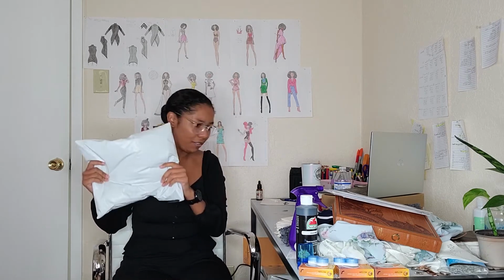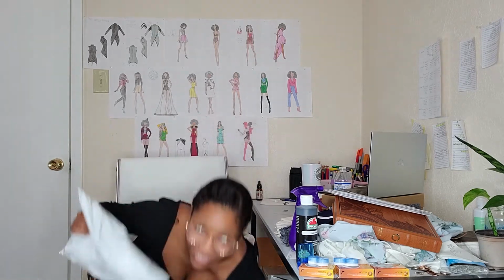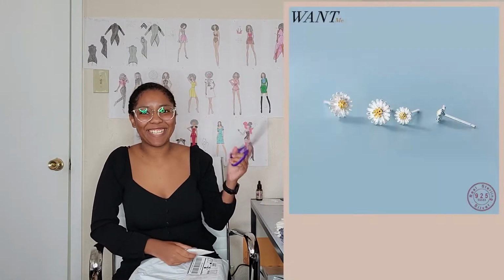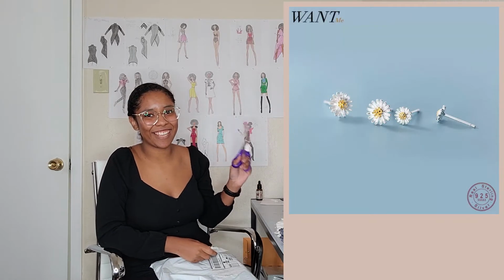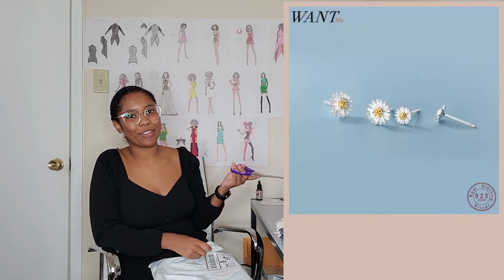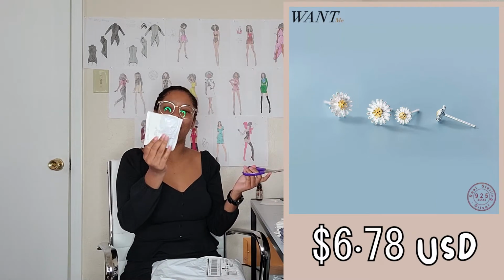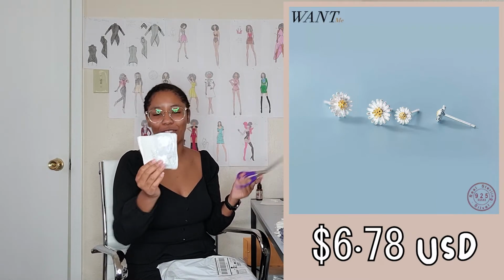Here's the outfit. And here is the accessory. Okay, so this is the accessory that I bought. Daisies, they're the cutest thing ever. This was the price. I think I'm just gonna throw something over here. And then I assume this is it. I hope this is it, because